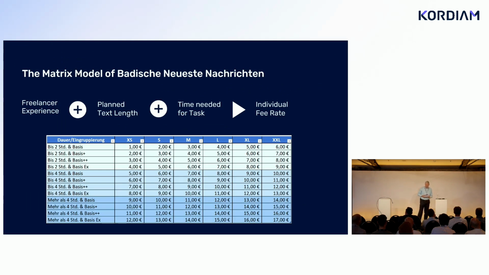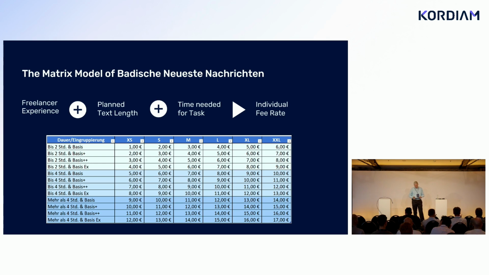Then we have the model of the Badische Neueste Nachrichten. They thought of how to bring the different abilities, the different times, or the different effort that is needed for a task, and all the other things together. And they came up with a matrix. They're combining the level of their freelancers, like experienced, extremely experienced, or almost an editor,